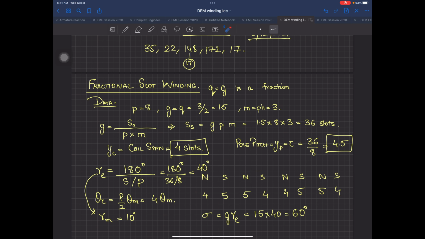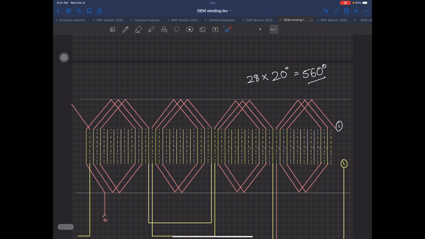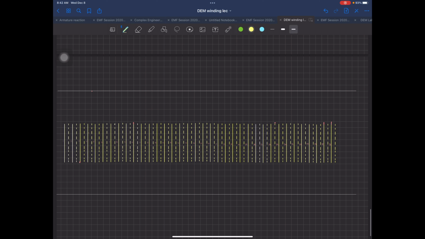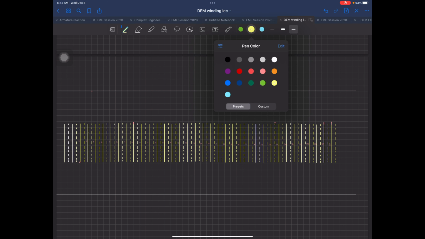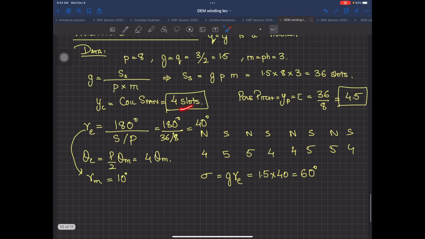Now here, it's not as symmetrical as it was in your previous lecture. Yesterday we did it, and it had 3 here, 3 here, 3 here, 3 here, 3 here, 3 here. This time it's not going to be symmetrical. This is very important. So now, when I have made 36 vertical lines over here, I have to connect them. Let me pick this pink color. First, I am going to use the coil pitch from the upper side. This side, this side, it is always going to be 4. Coil pitch will remain 4 every time because I have selected 4 slots.